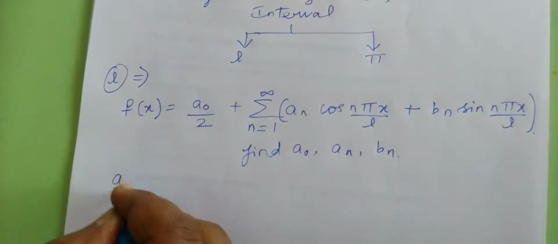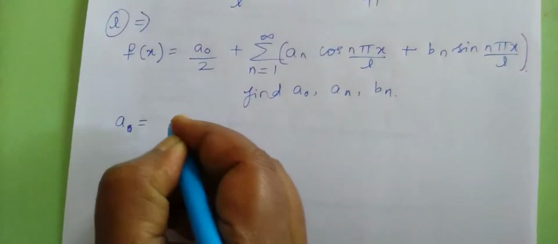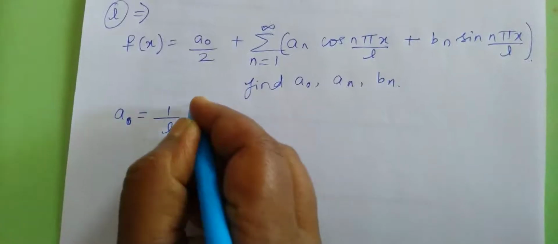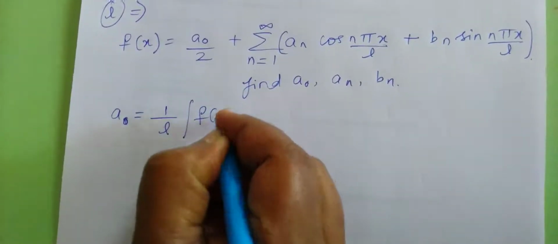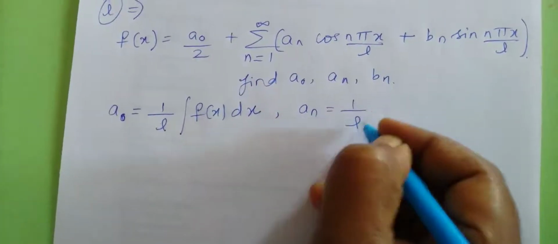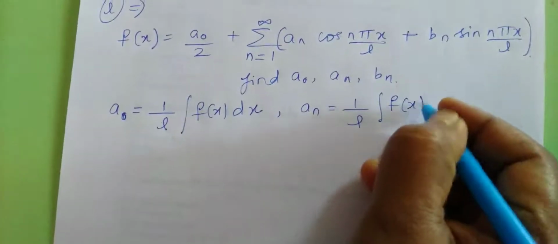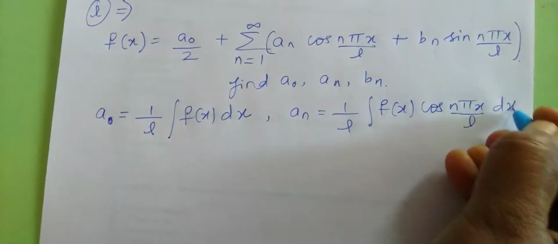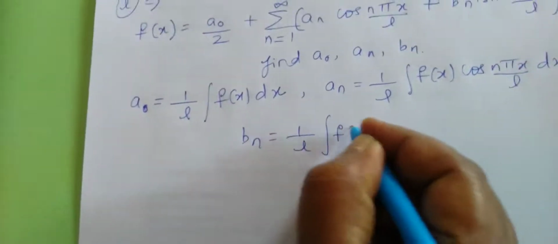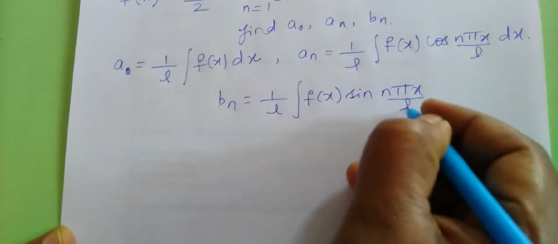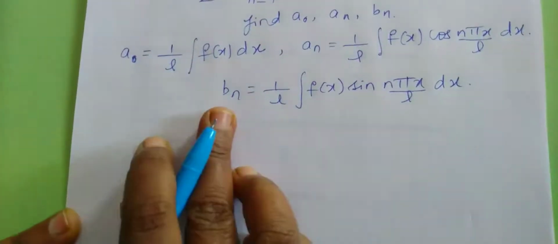So let's first write down what is a0. a0 is what? 1 by L. So we are considering L. So 1 by L integration fx dx. And an is again 1 by L integration fx cos n pi x by L into dx, and bn is 1 by L integration of fx into sin n pi x by L into dx,